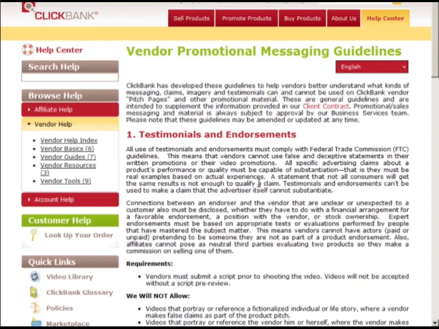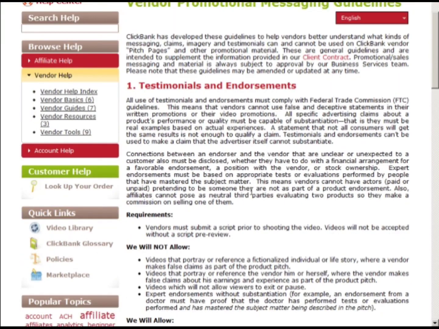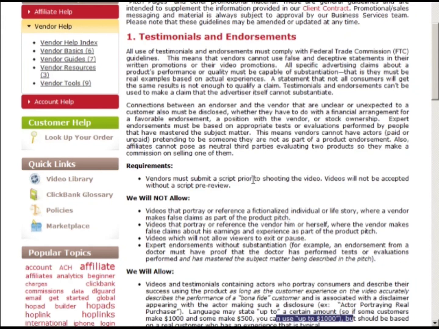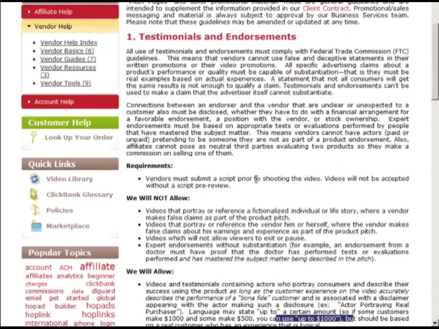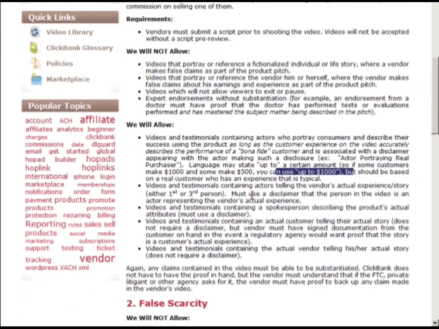Even if you're in a different country and you're not ruled by the FTC in the USA, ClickBank is going to make sure that you comply, because they're located in Boise, Idaho, and that's in the United States. So you got to make sure that you comply whether you're in another country or whether you're outside the US. So make sure you do comply